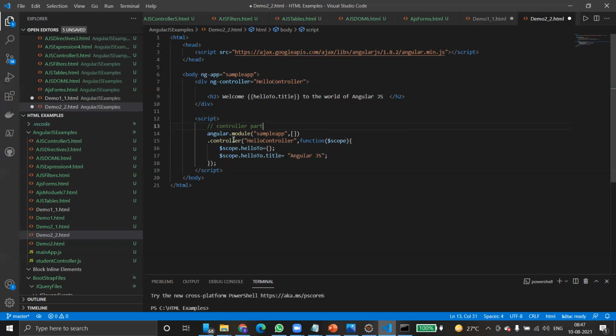What's the name of the controller function? The controller function is helloController. It registers the helloController function in an Angular module named myapp. This is myapp. So this registers the module in this ng-app. After that, we can use it directly inside our view.